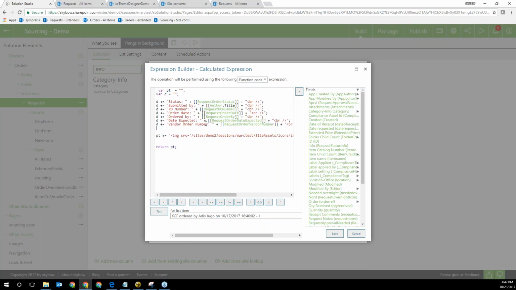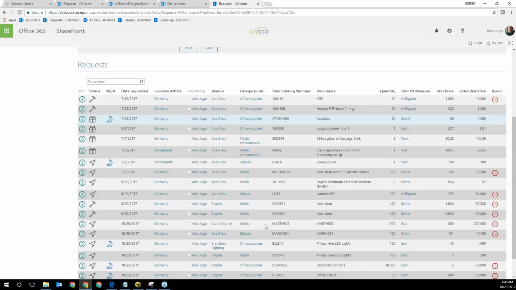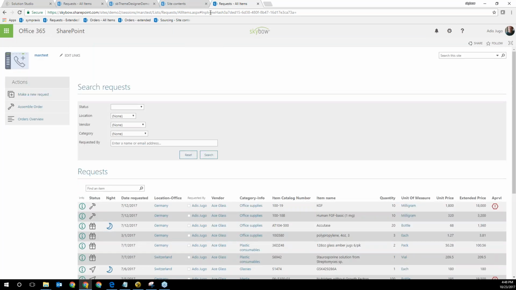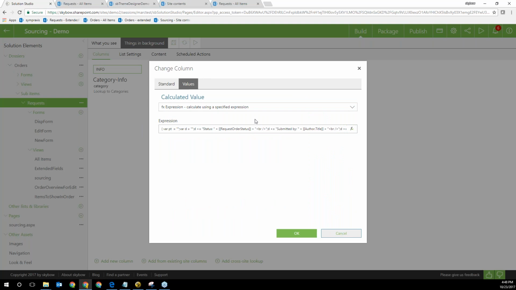Now, these are a few lines of JavaScript, and this is where we might agree or disagree: is this still citizen development or not? Because I witnessed that even citizen developers, at least those who can work fairly well with Excel or similar tools, are most of the time able to write small JavaScript snippets. This one is just creating an info panel, which, when you hover over this, gives you information about this stuff. So you don't have to write webhooks. It's enough that you know what you want to do, and using Skybow Solution Studio and these background calculations, and we have quite some of those, you can create this stuff.